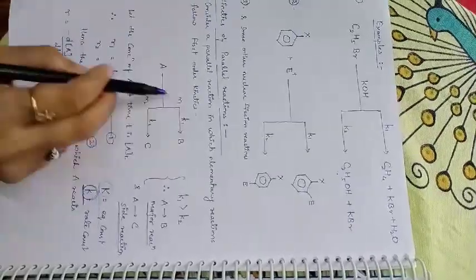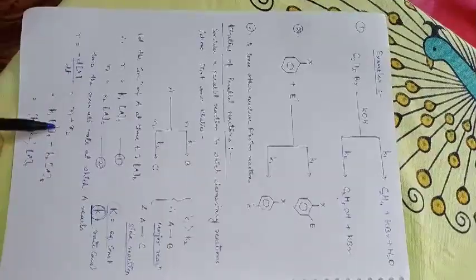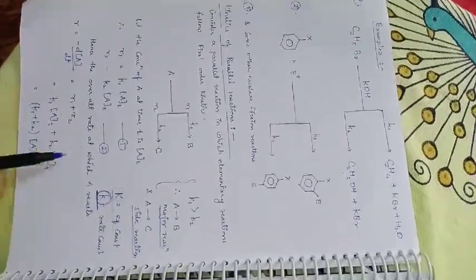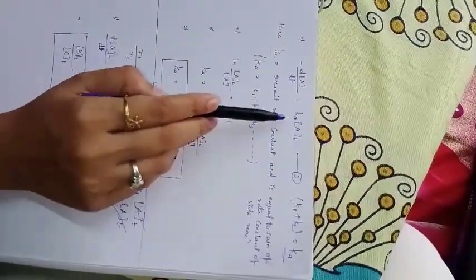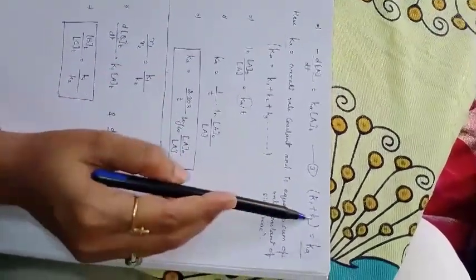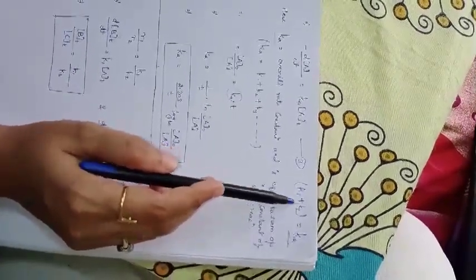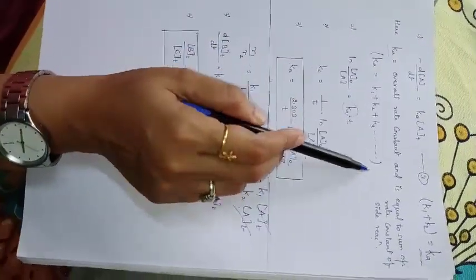Now for the overall rate, we have to sum these two equations. So the equation will become R equals R1 plus R2. After putting the values from equations 1 and 2 into this, and taking the common A term, you will get this equation. Now what is Ka? Ka is the overall rate constant. This is the sum of K1 and K2, because here we only have two products. That's why we have written K1 plus K2. Suppose your side products are more, then you will correspondingly increase the k terms.